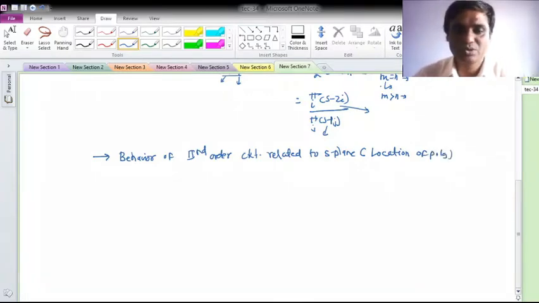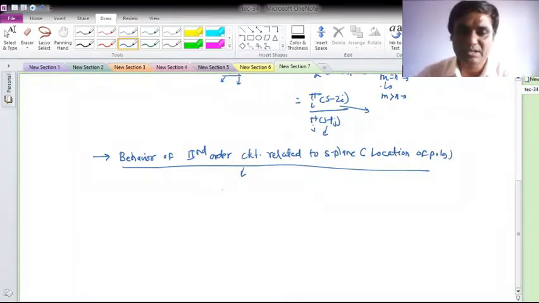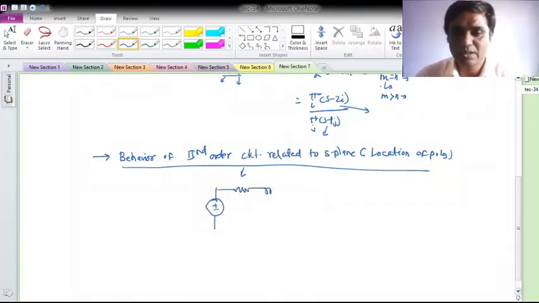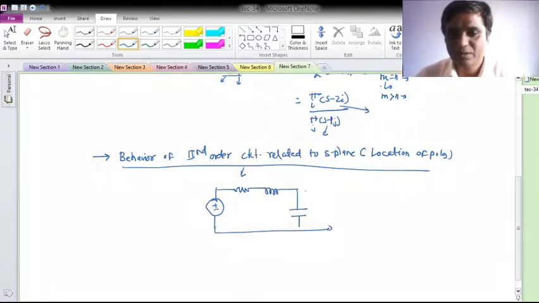Okay. So here we will see the response of second order circuit based on the poles of the characteristic equation. For that, let me take my series RLC circuit, which is R, L, and let's say the output I will take across C. Okay. This already we have defined, or we have seen also. And say this is my forcing function or excitation, say u of t. This is R, L, and C, and I would like to measure the voltage across C.